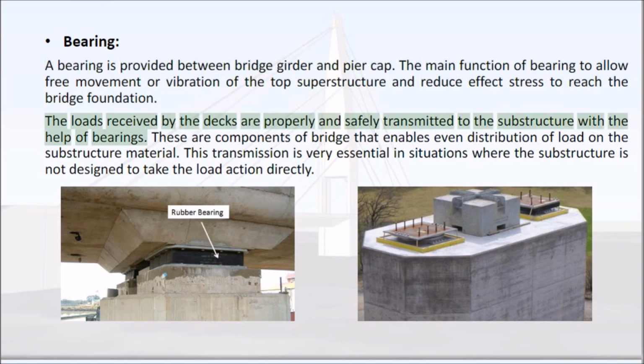The loads received by the decks are properly and safely transmitted to the substructure with the help of bearings. These are components of bridges that enable even distribution of load on the substructure material. This transmission is very essential in situations where the substructure is not designed to take the load action directly.